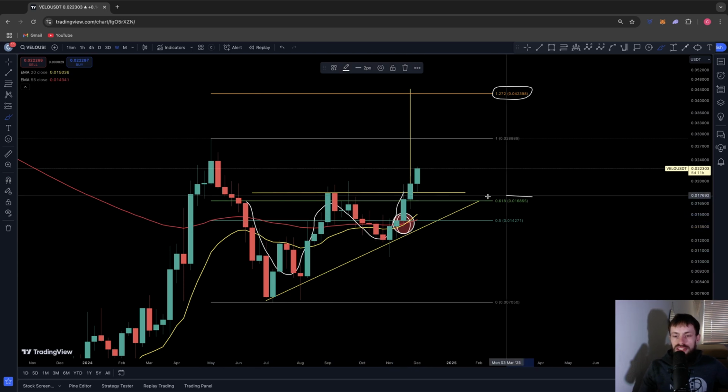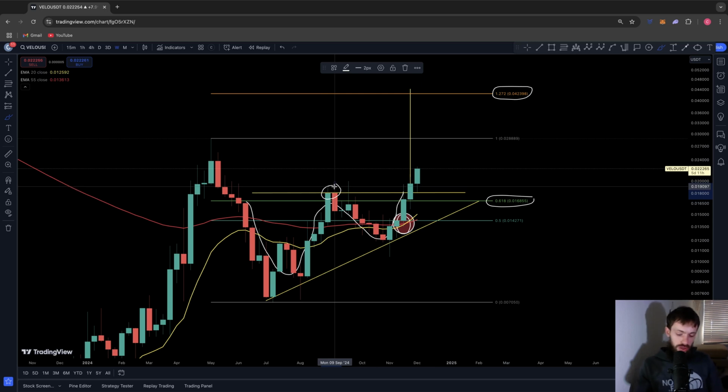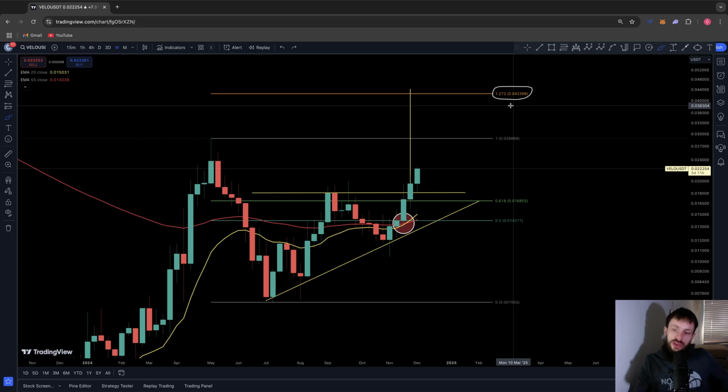We've reclaimed key resistance at 0.016. We've reclaimed that as well, the 0.618 fib. This was a resistance level. We've reclaimed that, and we've also seen the break of 0.02 now, and our local resistance. So very good signs for VELO, and I think this is where it's actually trying to get to over the